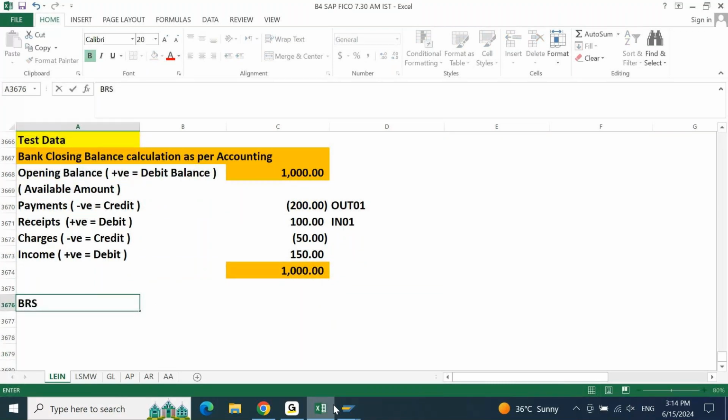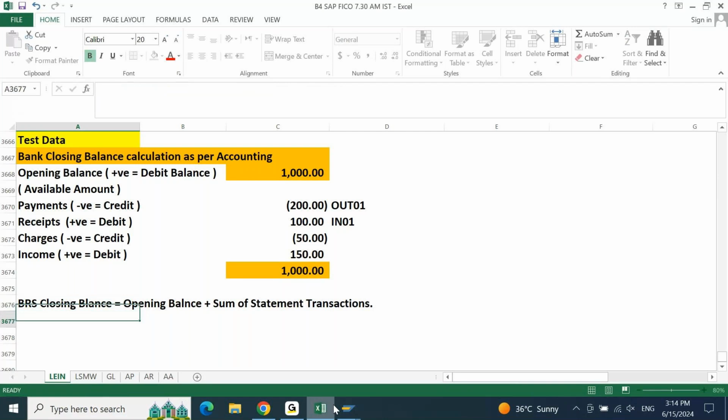BRS closing balance is equal to opening balance plus sum of statement transactions. Your BRS closing balance is equal to, this is your closing balance. Closing balance is equal to what? Some opening balance. Opening balance is 1000